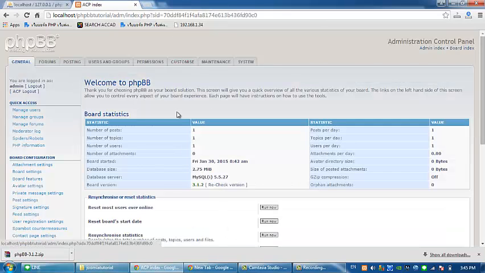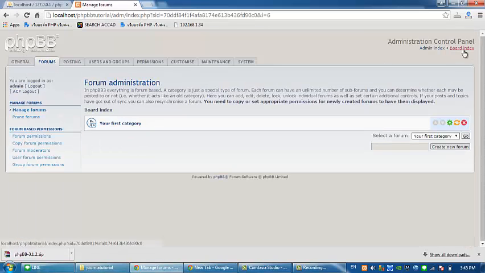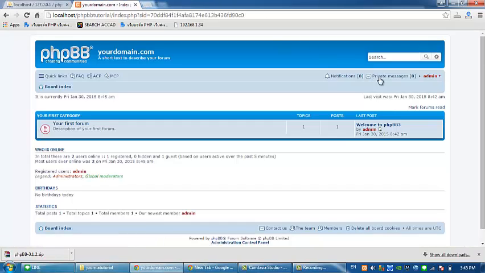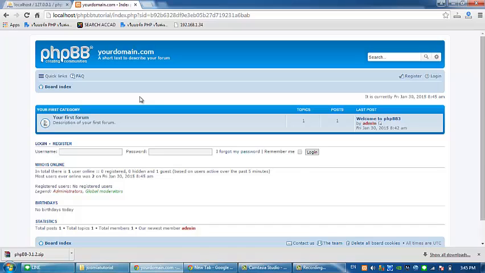For example, you are not logged in yet, so you can log in as an administrator by filling up here.